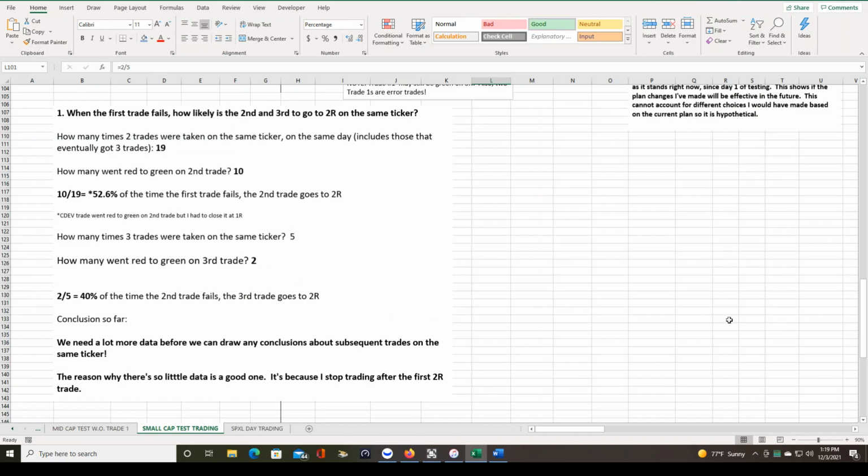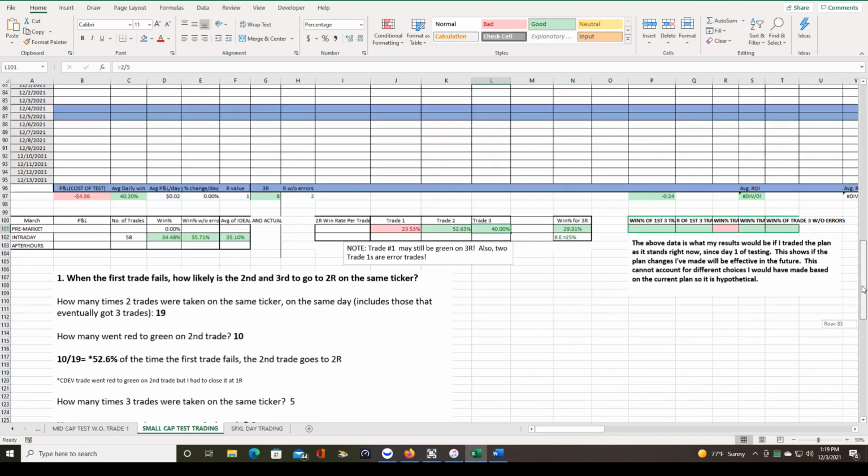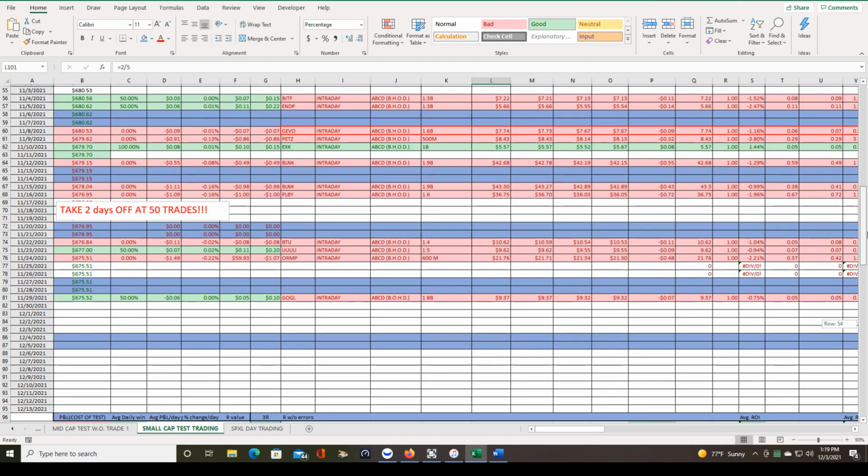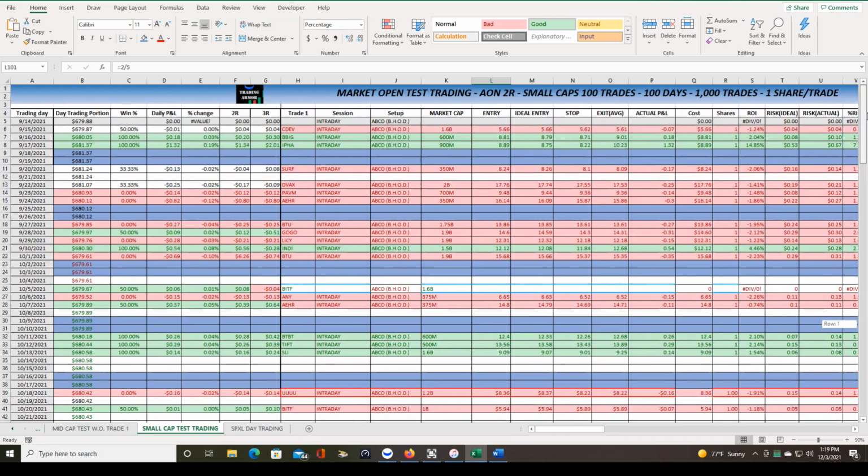So that's pretty much it. That is the results so far of the trading plan. I'm really happy with the way things are going. It's not easy. There is no trading plan where you're going to start trading and just say, wow, this is a piece of cake, and every single day trading is just a blast and there's no problems. I mean, even when you know that your trading plan is profitable, it is still difficult